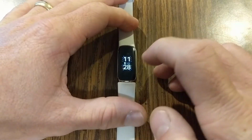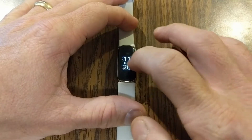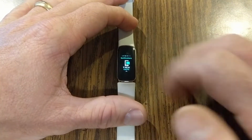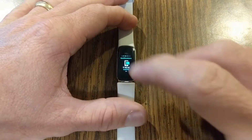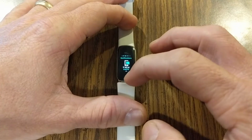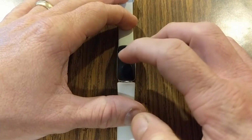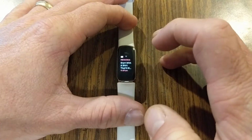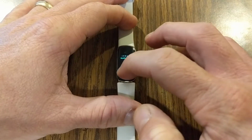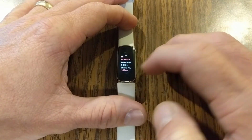So let's run through the apps to show you the different options that you have. If you scroll to the left, this is going to bring up first your notifications. And the Fitbit Luxe has a very small screen, so it's good for quick notifications in my opinion, text messages, emails. I could see there as I tap on notifications, or as you scroll up, you'll see these are some